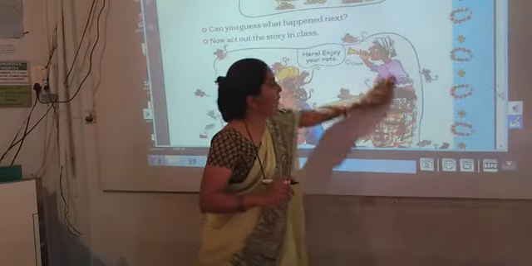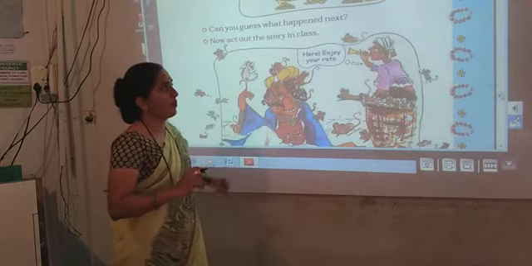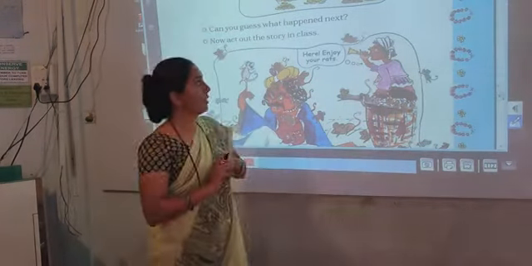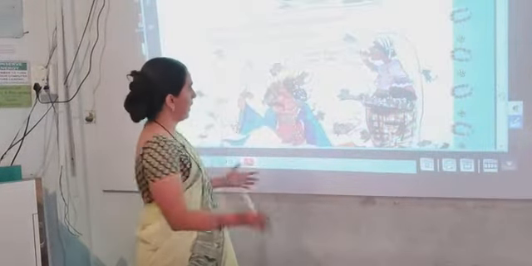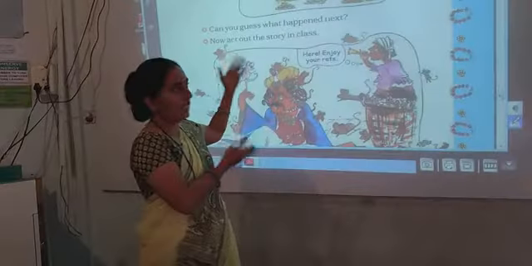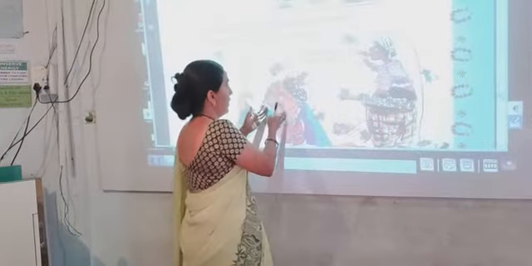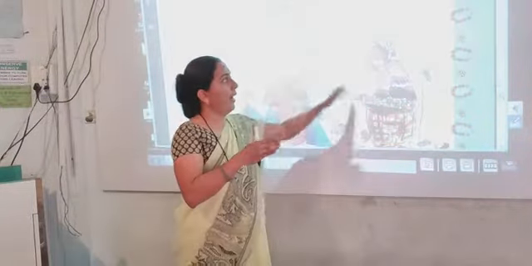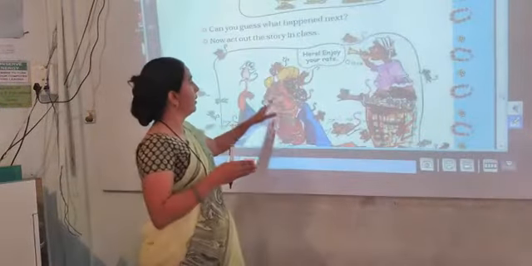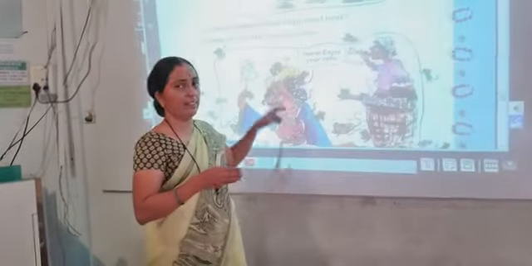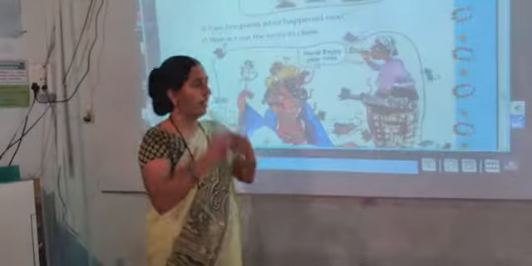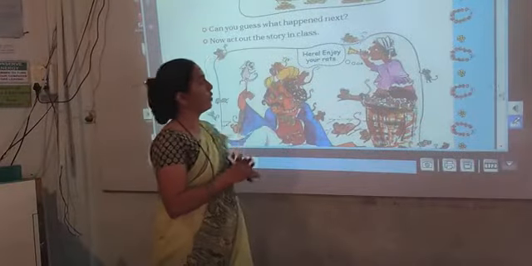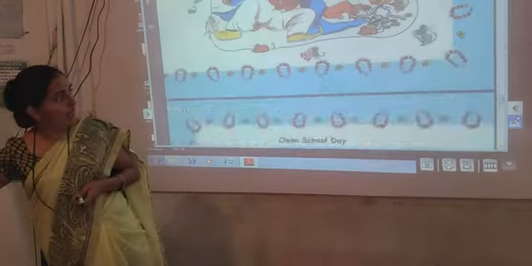Now what happened next? The flute man made the sound of flute, and again all the rats came out from the basket, and again the rats are going to the king because this king has not given 80 coins to this flute man. He has cheated this flute man. He cheated, so he has also left all the rats around the king. Now you have to act out the story in the class.